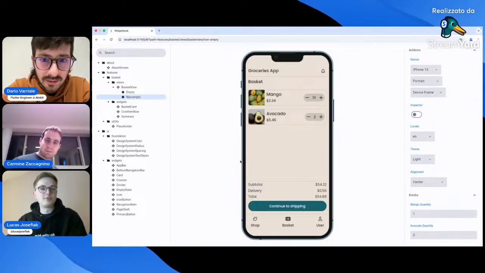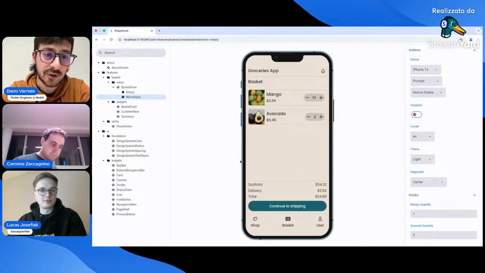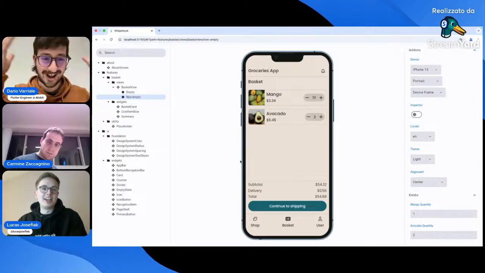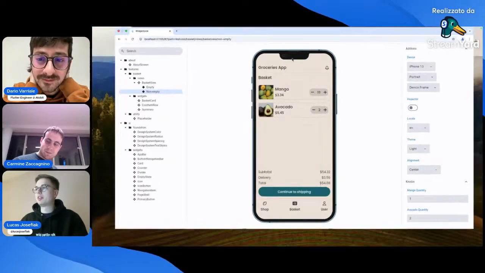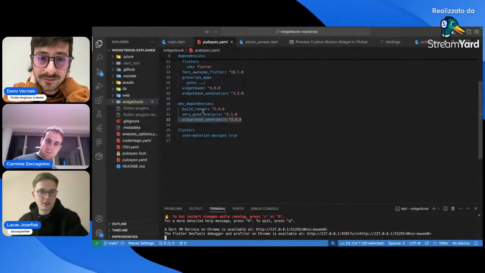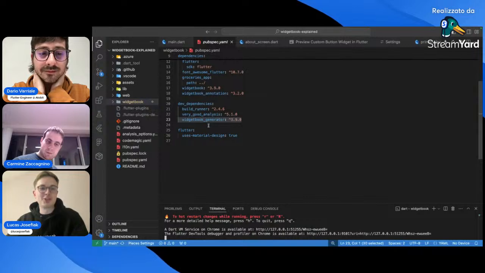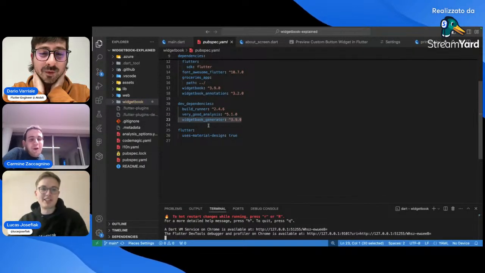But I don't know if this can support many state managements like Riverpod, Bloc. Yeah, what is important, and that's why I'm going to jump into the IDE now. We are at a Flutter meetup, so it's not only about showing the fancy features, but let's look under the hood and basically see how you can